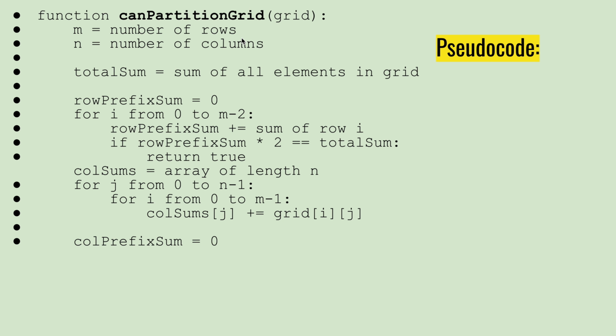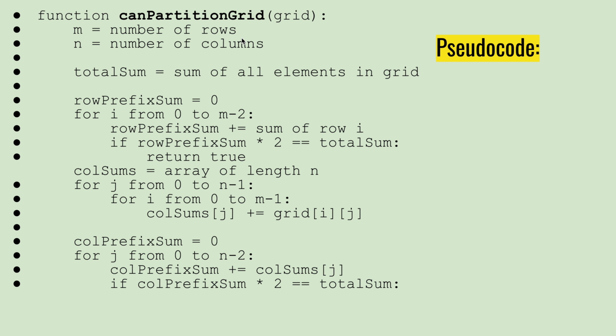Then similarly for the column prefix, you go from 0 to n minus 2 and keep adding the values, and you check whether column prefix into 2 equals total sum, or total sum by 2. If it is equal, then return true, otherwise not